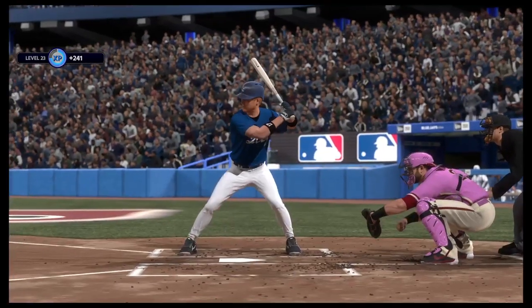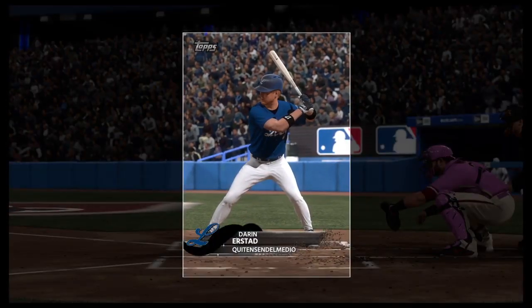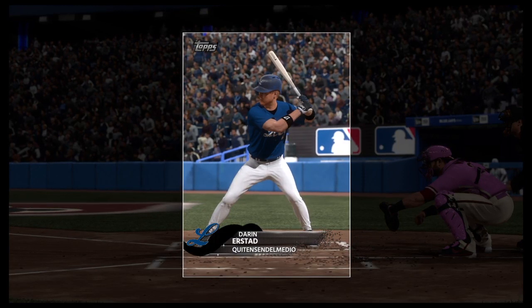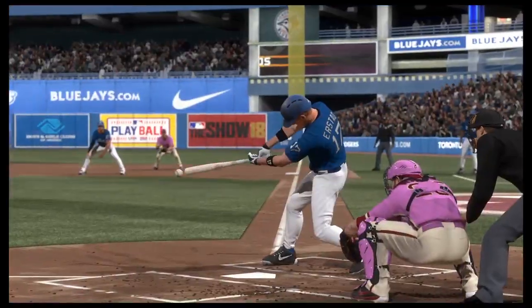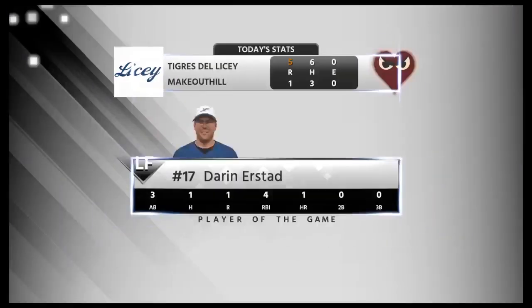And they did some damage offensively in this one, enough to get the win, and this man led the charge. He's our top player of the game. Well, the numbers don't just jump out at you, but his lone hit was a really important one. And sometimes you just need to